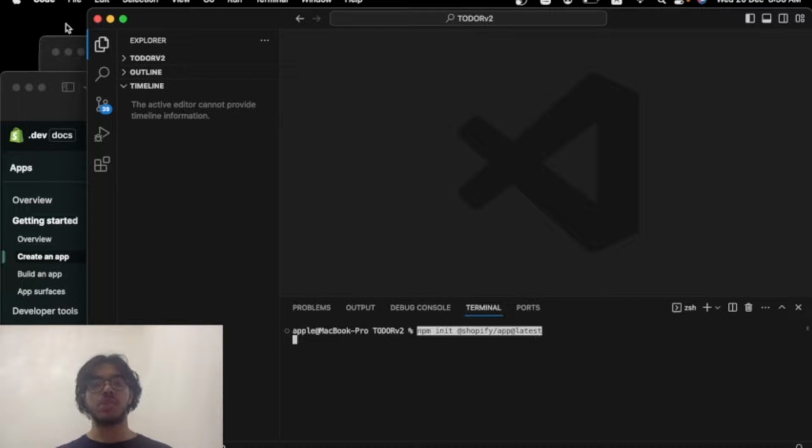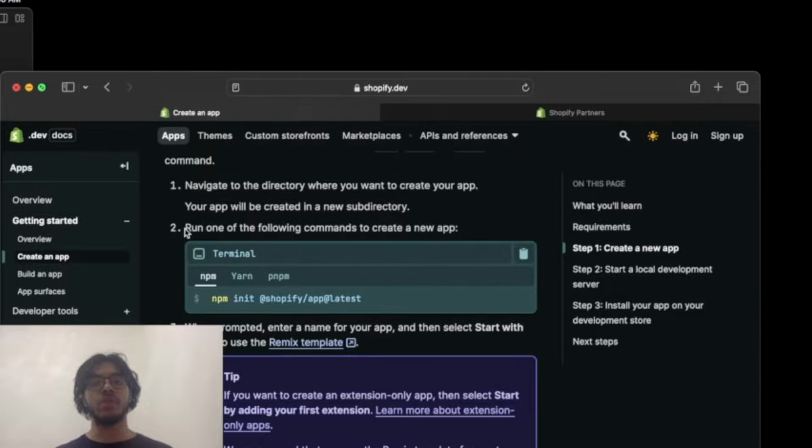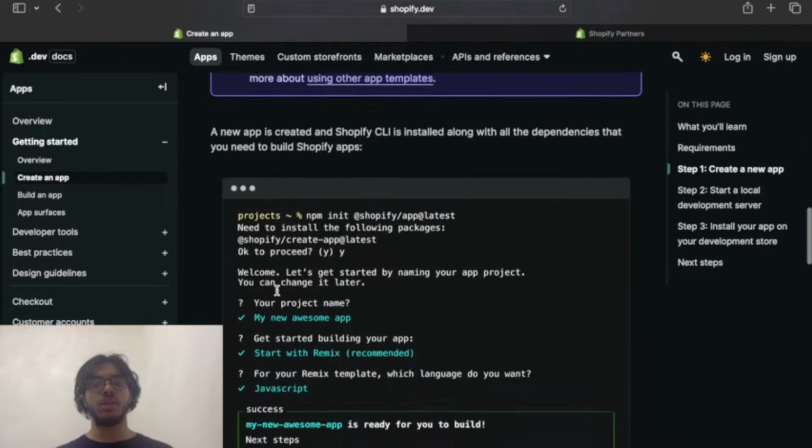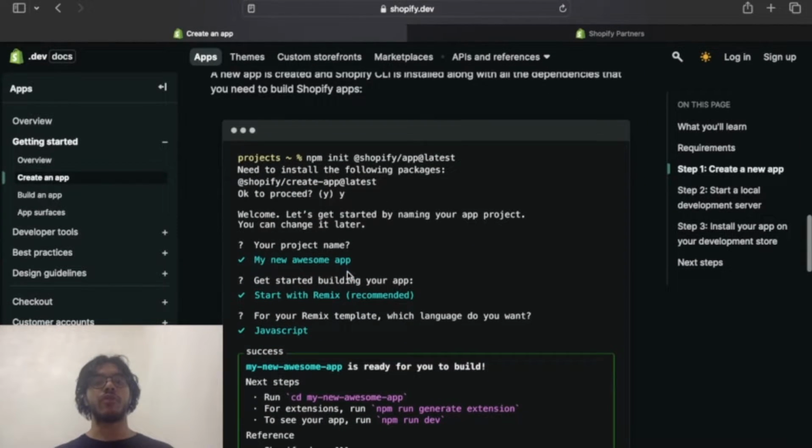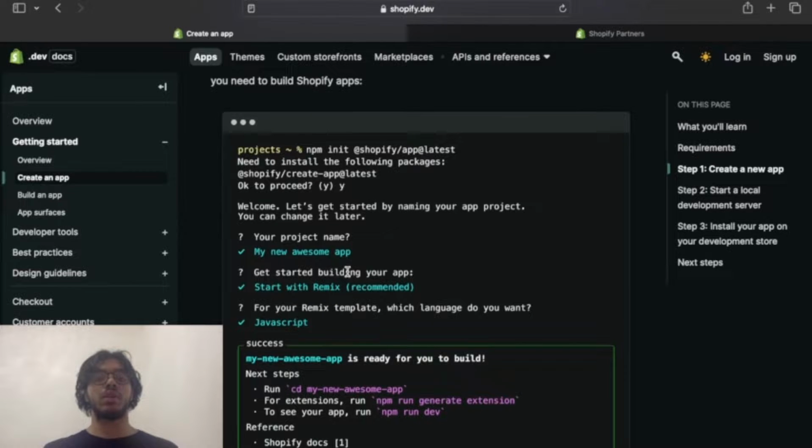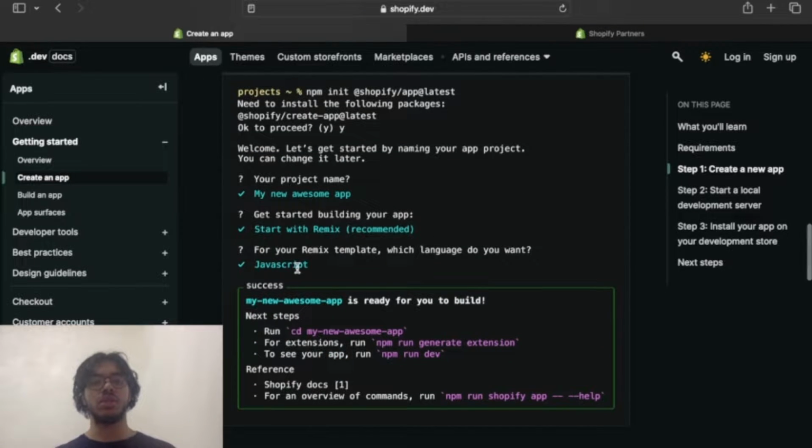Then just press enter. After you do that, you'll be given a bunch of prompts. So the name for your project, just choose whatever name that you like. And then you have to choose a framework. Just choose Remix. We're going to be using Remix for this project. And then finally, language, JavaScript. However, if you want, you can also use TypeScript. There's nothing wrong with that. And then once you've done that,